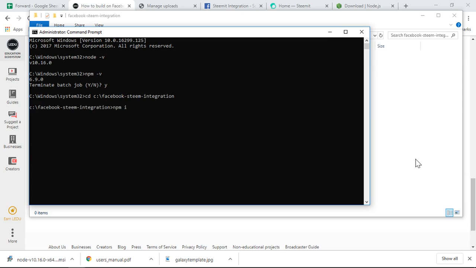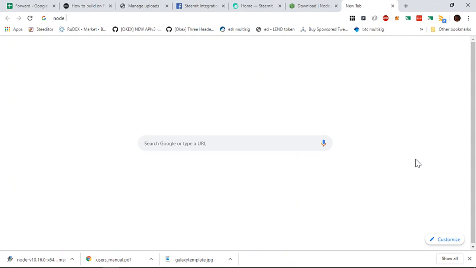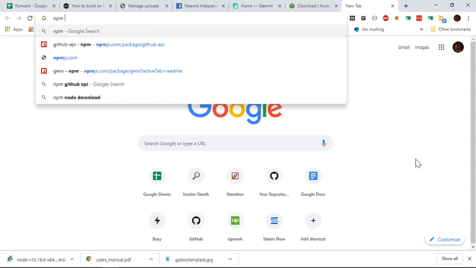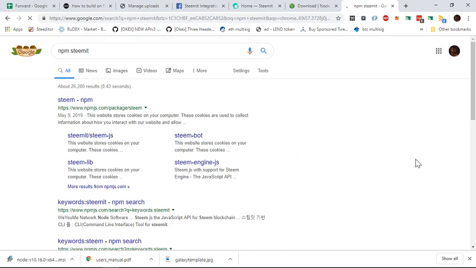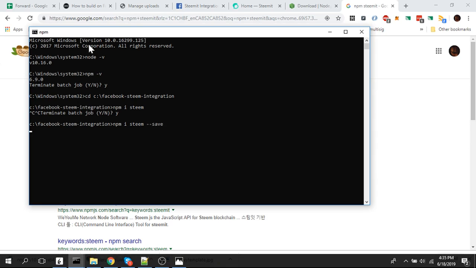We're going to go npm i steem. I think it's steem, I don't know if it's steem, let's find out. Node, let's just do npm steem. It is steem, I think. Looks that way. So npm i steem. Actually, I want to do --save. That's going to put it in the project package.json file for me, which is going to be helpful when I